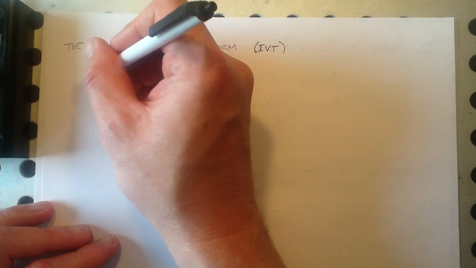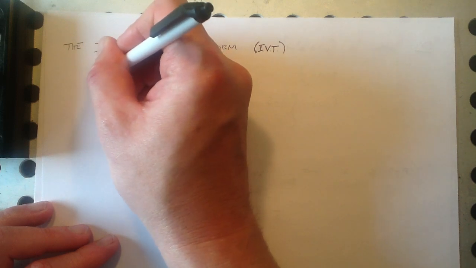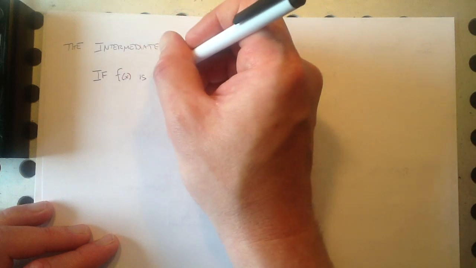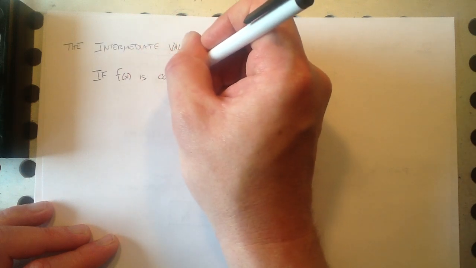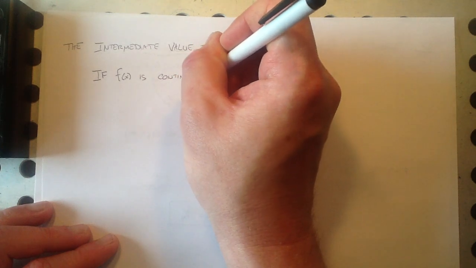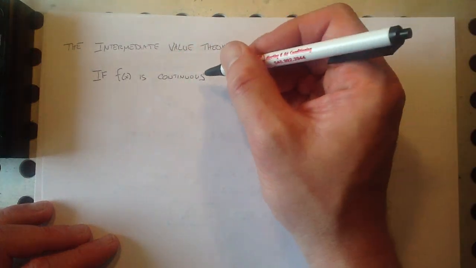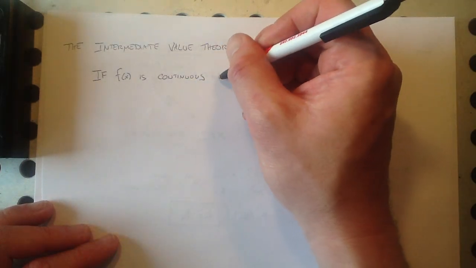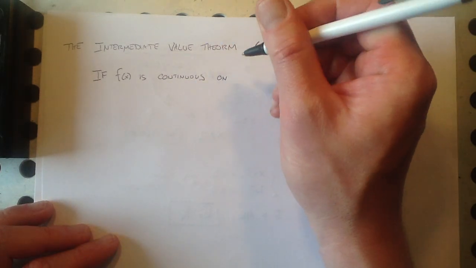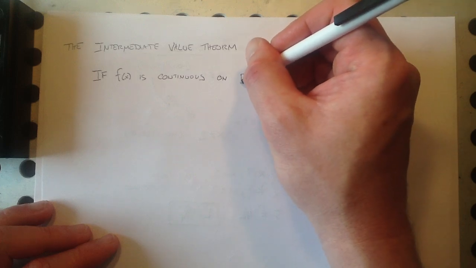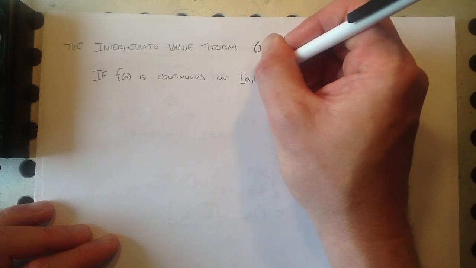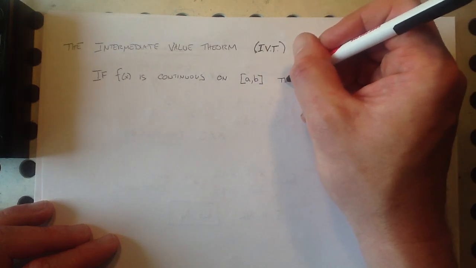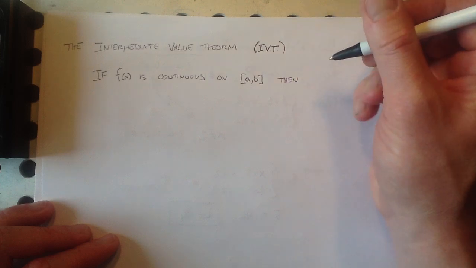It says that if a function, f of x, is continuous, we know what that means now, right? Well, we kind of knew what it meant already, but now we have our formal definition. If f of x is continuous on a closed interval, a to b, then